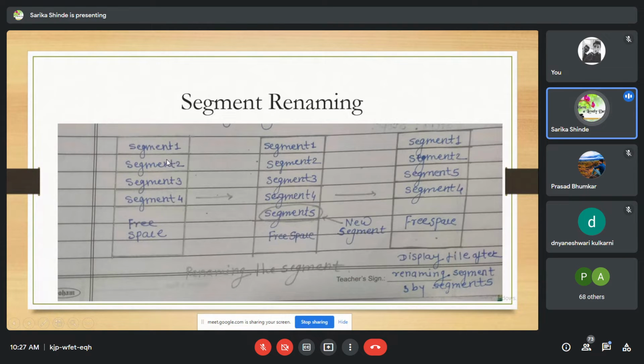To move the position of the object in animation, we need to delete the current buffer content, compute the position of the object for the next frame, and create a new segment and then display it. And segment renaming is required in case of double buffering. When there is double buffering, then there is a need of segment renaming. During the animation, while one buffer is being displayed, the second buffer is used to alter and fill the animation scene.